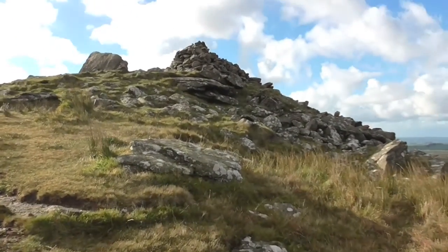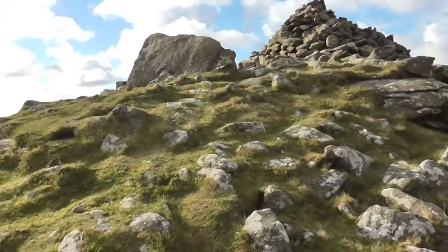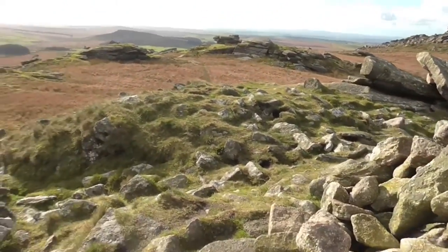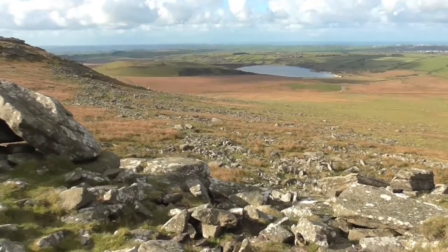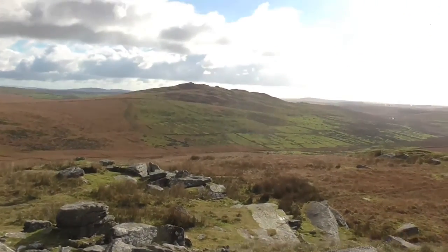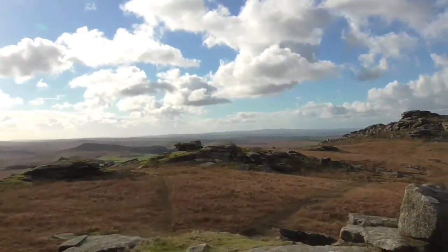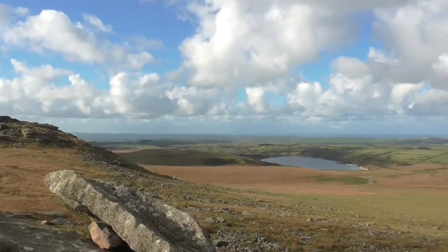I'm just coming up towards this false summit, and forgive me, it's quite windy, so I'll try and speak up. View's great already. Try and shelter behind this cairn. There you go. Wow. Lord of the Rings style, man. That's Brown Willy there. That's the highest point in Cornwall. And I'm on this sort of rough tall ridge which goes up to the summit there. See North Cornwall coast quite nicely,